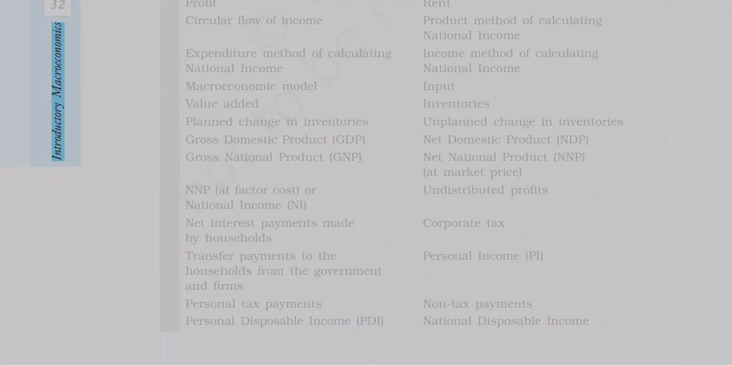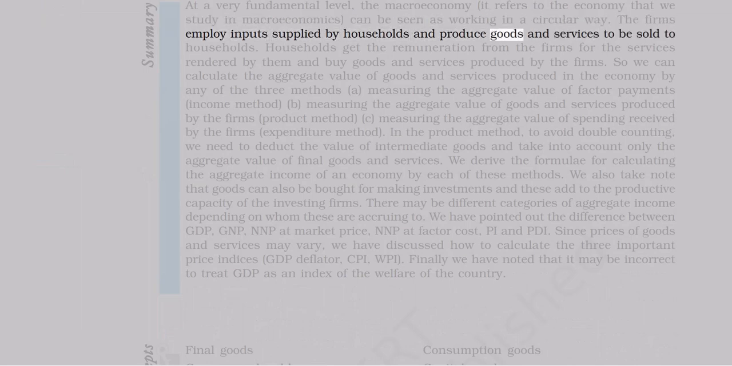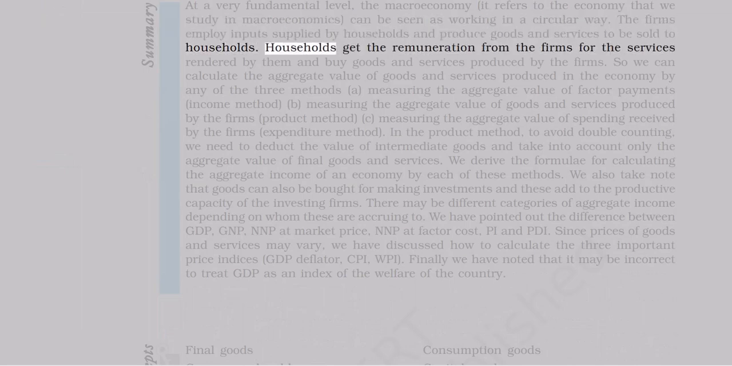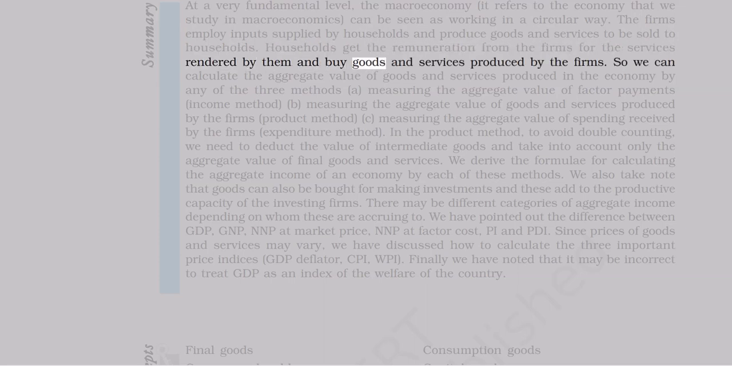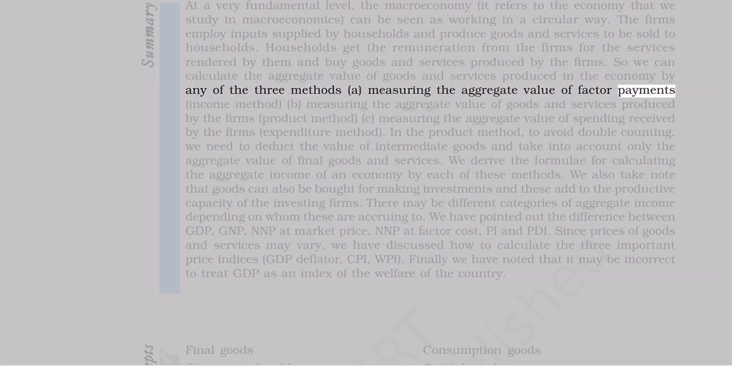Introductory macroeconomics. At a very fundamental level, the macroeconomy, which refers to the economy that we study in macroeconomics, can be seen as working in a circular way. The firms employ inputs supplied by households and produce goods and services to be sold to households. Households get the remuneration from the firms for the services rendered by them and by goods and services produced by the firms. So we can calculate the aggregate value of goods and services produced in the economy by any of the 3 methods: A. Measuring the aggregate value of factor payments, income method;